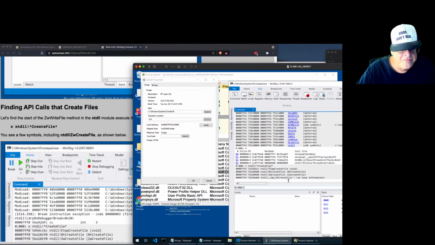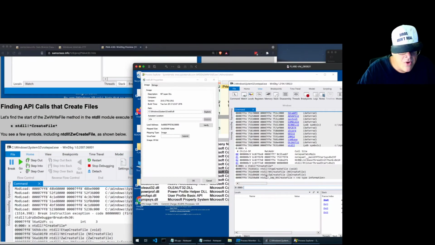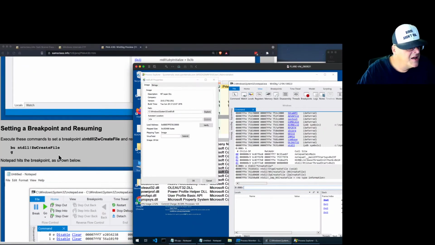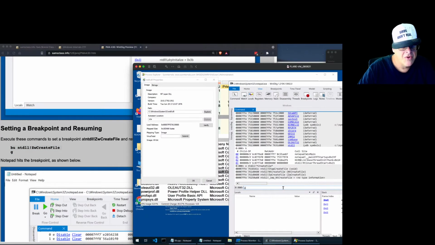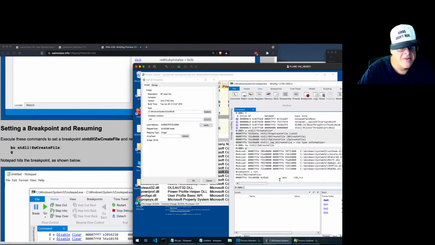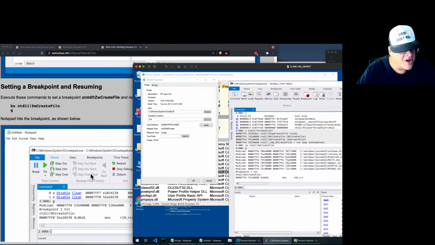All right. So here's the things with create file. There's 4 of them, and one of them is ZW create file. So I can put a breakpoint in ZW create file and resume execution. Okay, and now it will hit the breakpoint